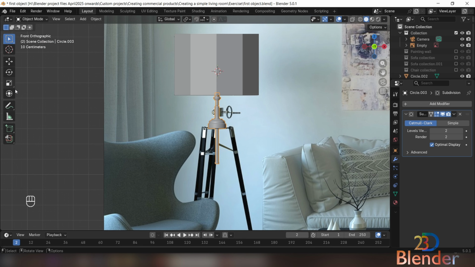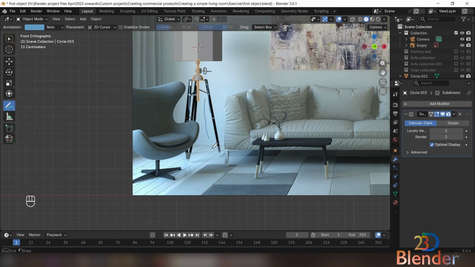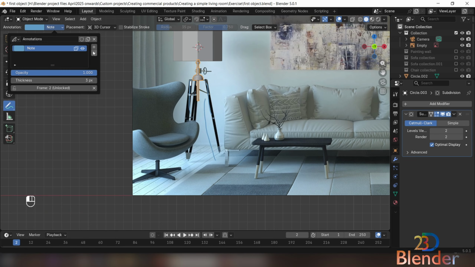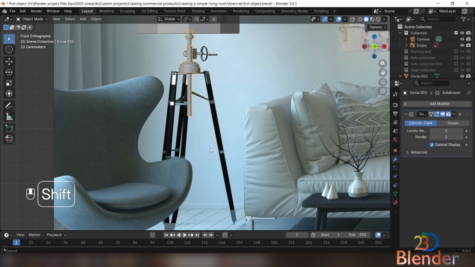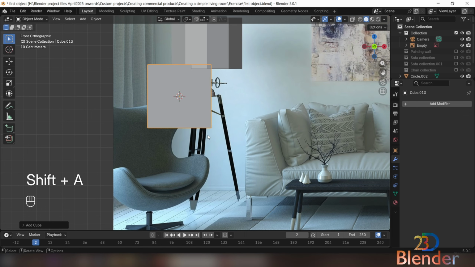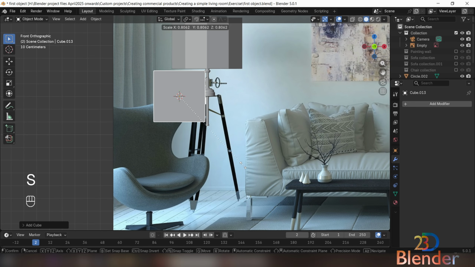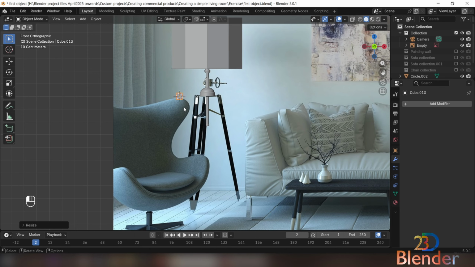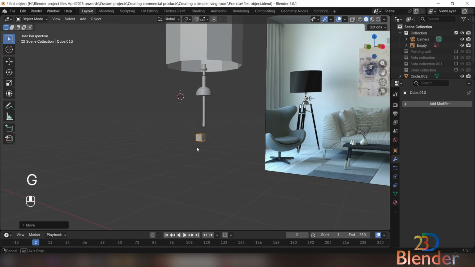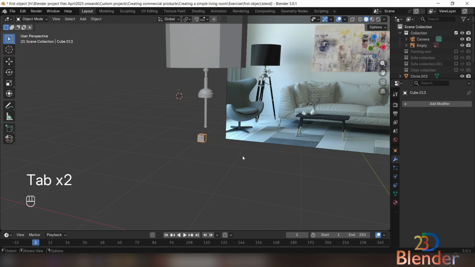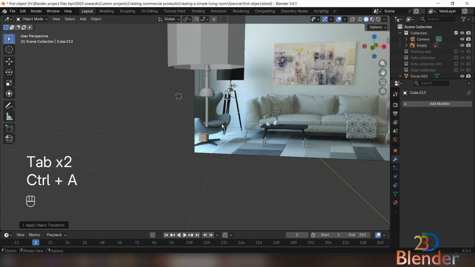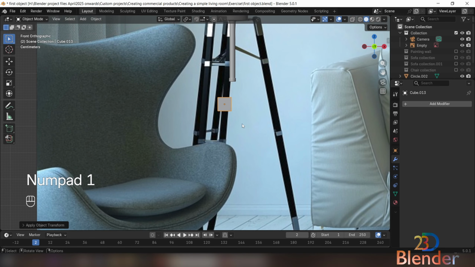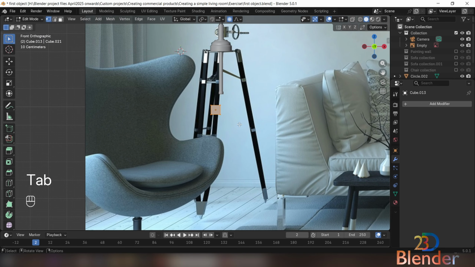Now we need to create these, whatever these are. So let's create these quickly. Get a cube and scale it down just like this, and sorry, apply scale, and then in edit mode